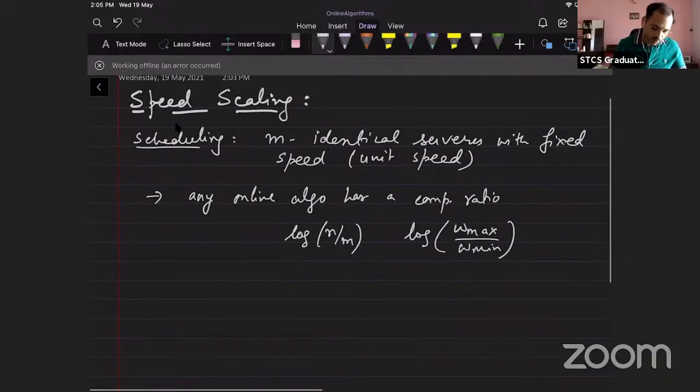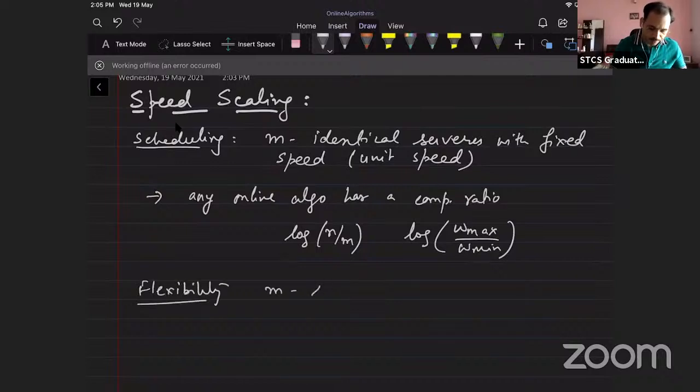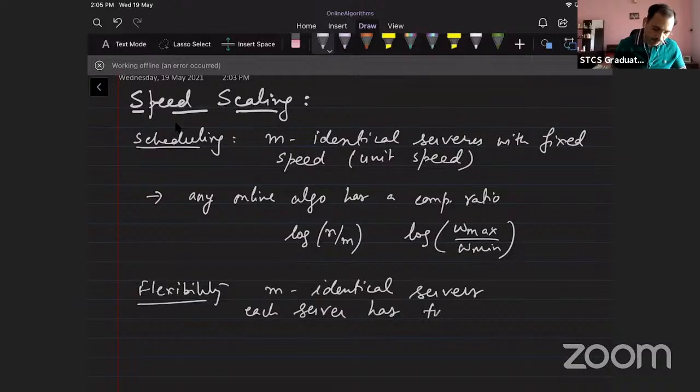So here we'll allow an extra flexibility. We still have m servers which are identical, but each server has tunable speed. So each server, you can select its speed. Now if I don't say anything more, you would just like to operate at the maximum speed possible to